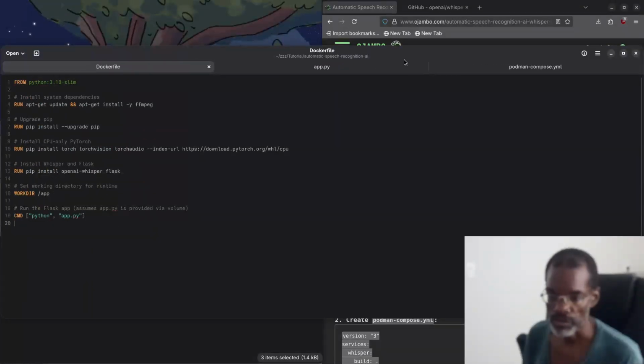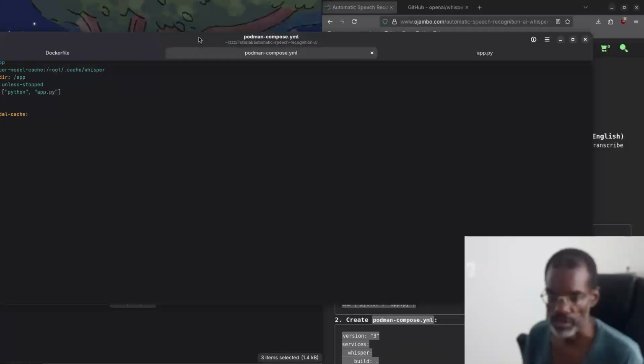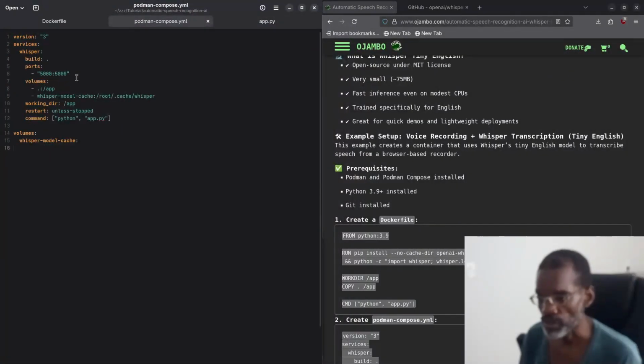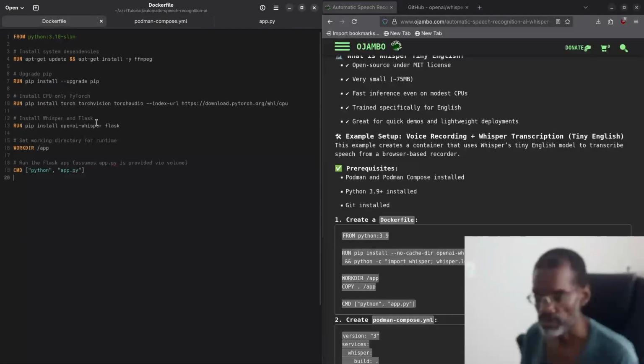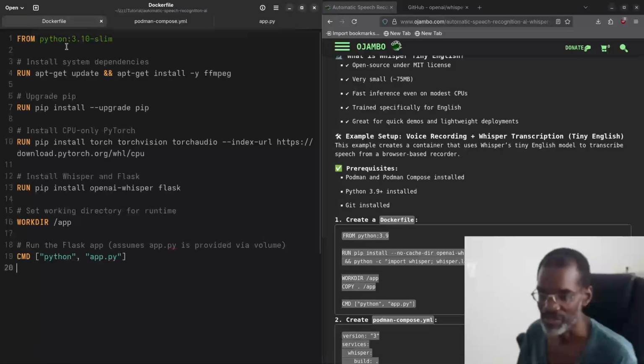So let's start with a Dockerfile. I think this is how it usually goes. Yeah, like this. Okay, so you guys are watching on vertical screen, I'm going to zoom in here for you so we can see the Dockerfile. Oops, wrong one. Dockerfile here. So I'm going to use a Python